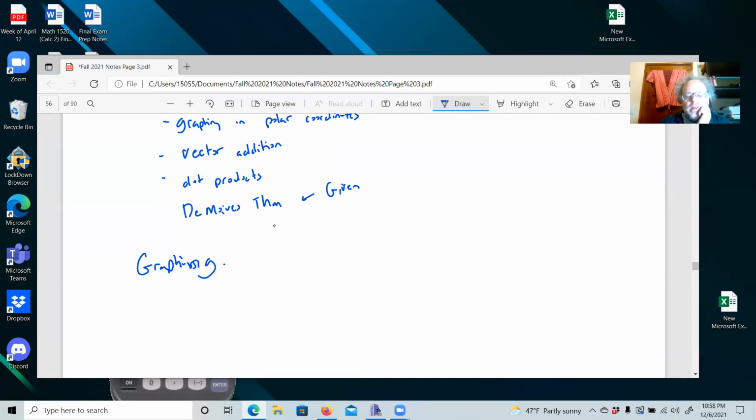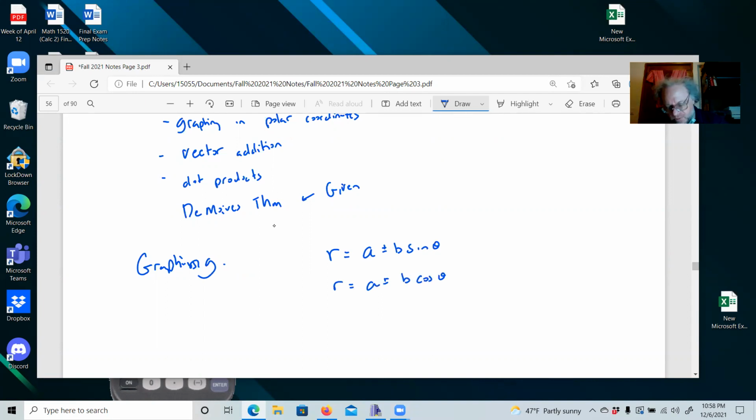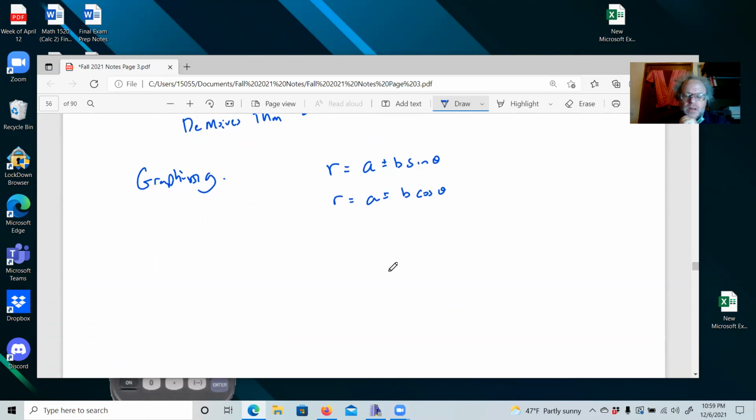Okay, graphing. So I'm going to give you a function: a plus or minus b sine theta, or a plus or minus b cosine theta. Okay, it's going to look something like one of those things. I'm not going off through bounds and showing you all kinds of weird stuff in polar coordinates. We're just going to take the basics and we'll go with that. All right. So let's see here. Why don't we pick something like